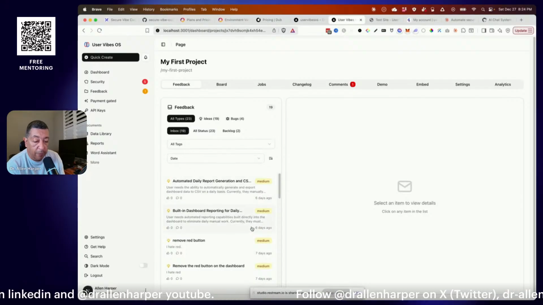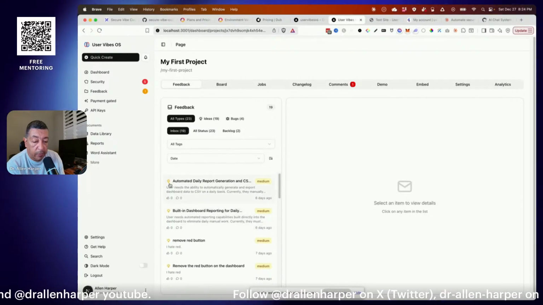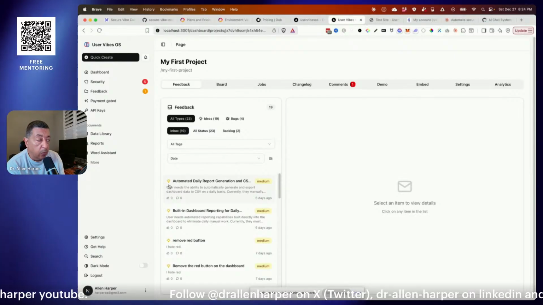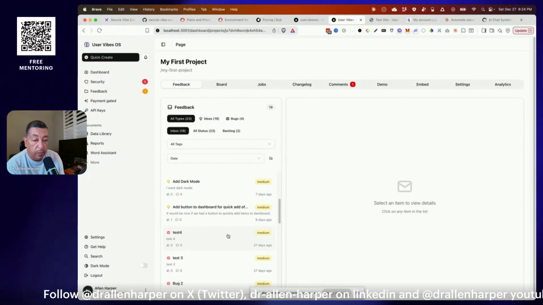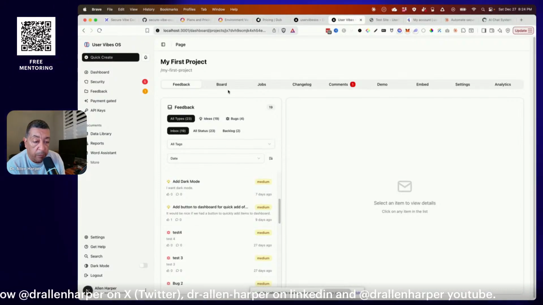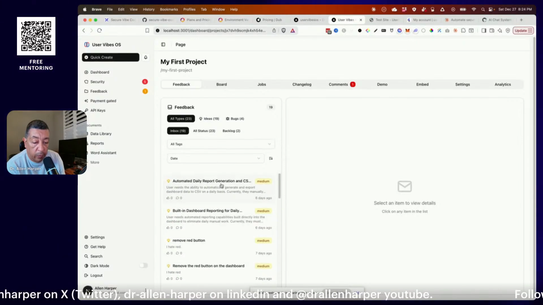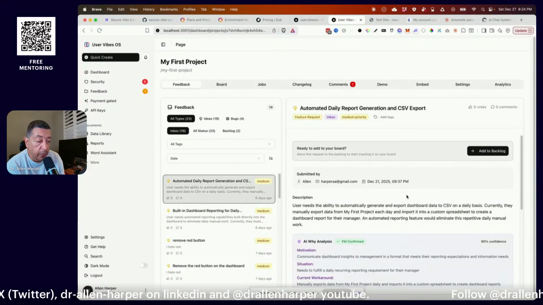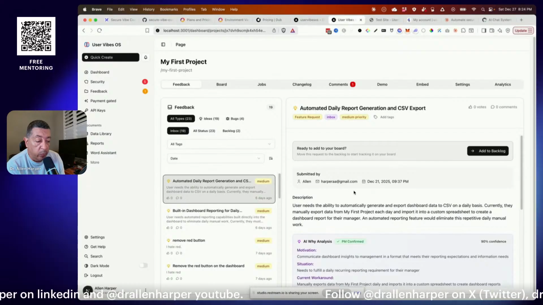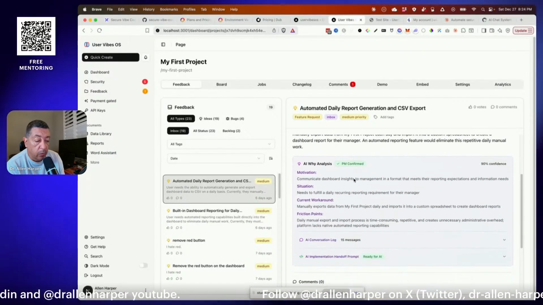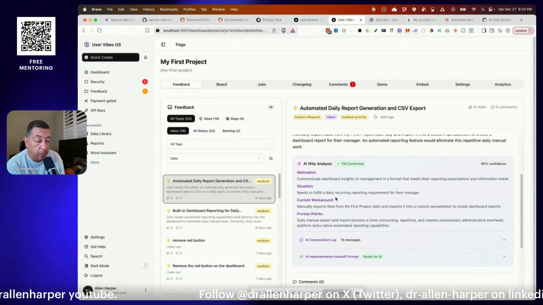Okay, but you go inside of a project and you can actually see the feedback board. It comes in as a feed. Both of these are ideas. You see the little light bulb. And then we also have bug reports that come in as well. Both of them are functioning very well. And then if you click on one of these, you can see it expands over here like email. And you'll notice that here's one that came in last week when we were testing. Okay, so AI analyzed that